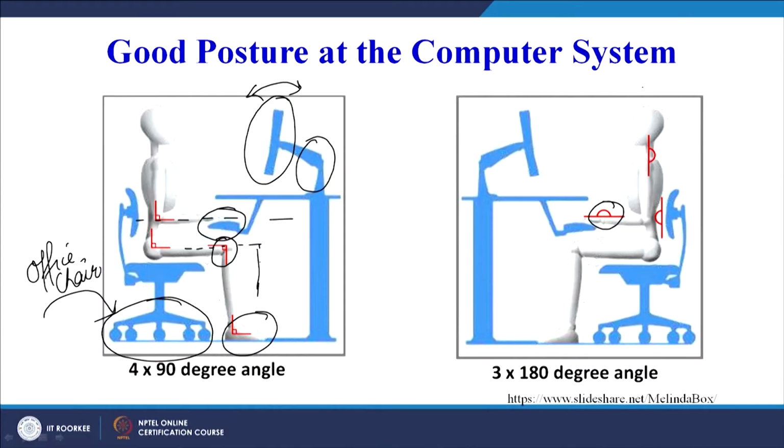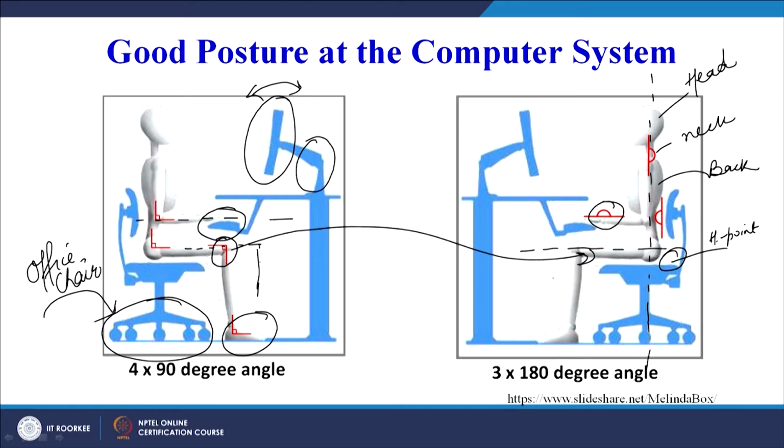So here we can see again the angle is given. If I can drop a line from here, you can see what all are coming in the same line. This is the head. Maybe we can have another diagram to explain this. This is the neck. So they are in the same line. This is the back. All right. In the case of the car seat, we have seen this was the H point. So these all are in the same line. If you see the thigh, and this angle already is shown here. So we can see that different angles have to be taken into account.